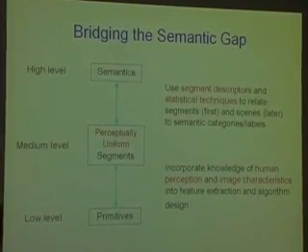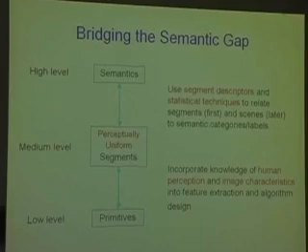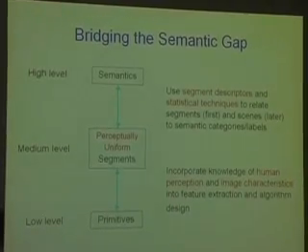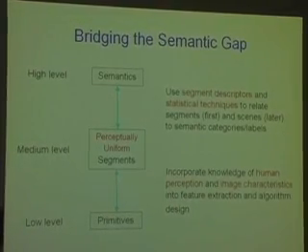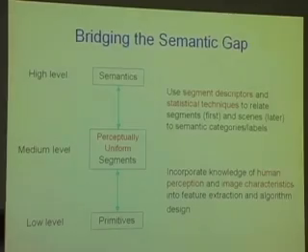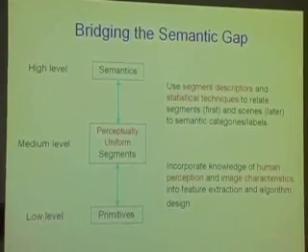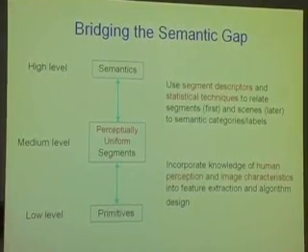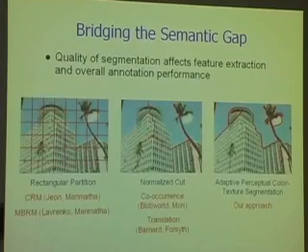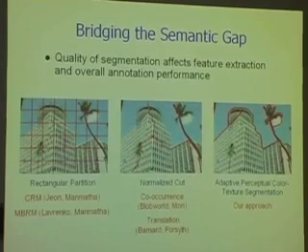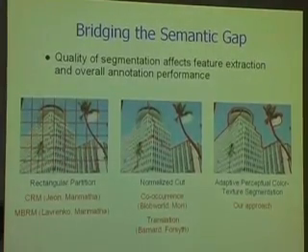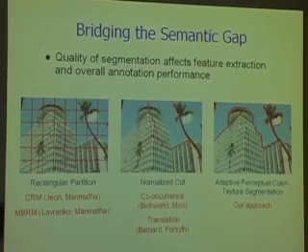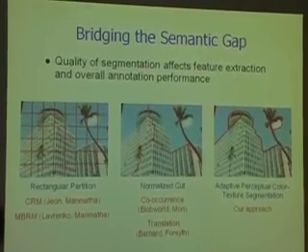Once you have the segmentation, then you can derive segment descriptors and do statistical analysis and be able to classify based on that. So I'm going to primarily be talking about assigning labels to segments, but the ultimate goal is scenes. So just to emphasize the segmentation part, I guess if you look at the different approaches in the literature,